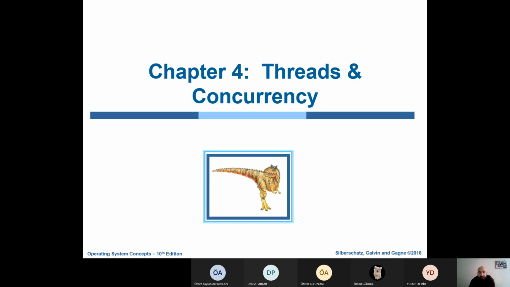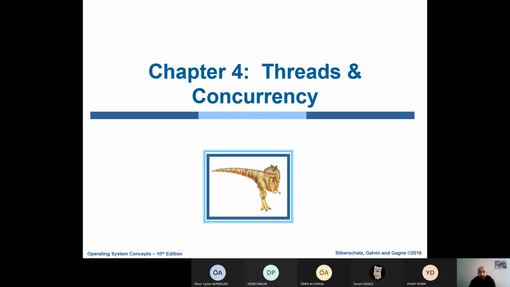Okay, as I said, this week we're going to start to discuss threads and concurrency. The process model we discussed last week assumed that a process was an executing program with a single thread of control. However, nearly all modern operating systems provide features enabling a process to contain multiple threads of control instead of just a single thread of control.